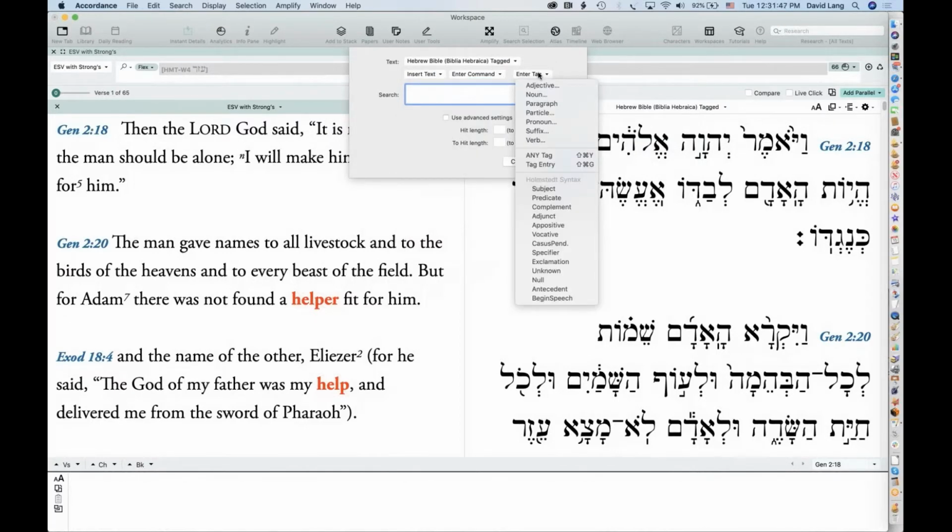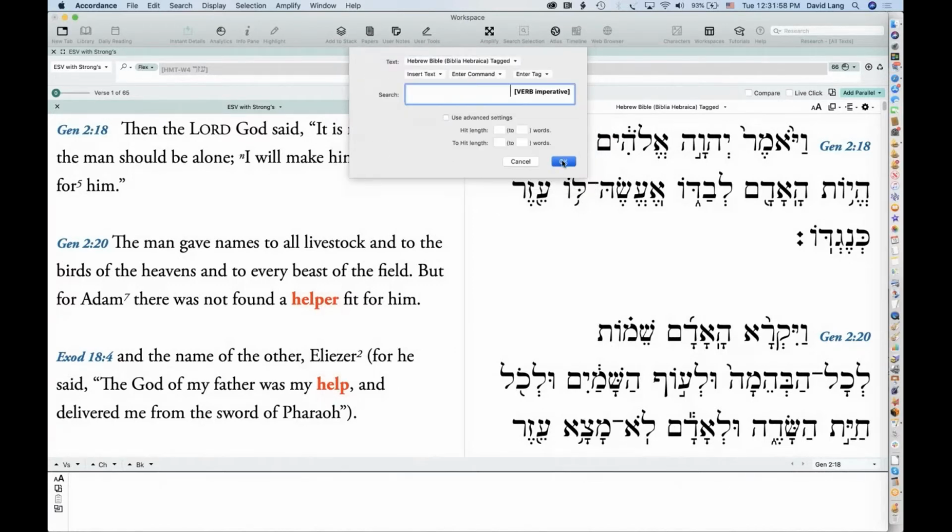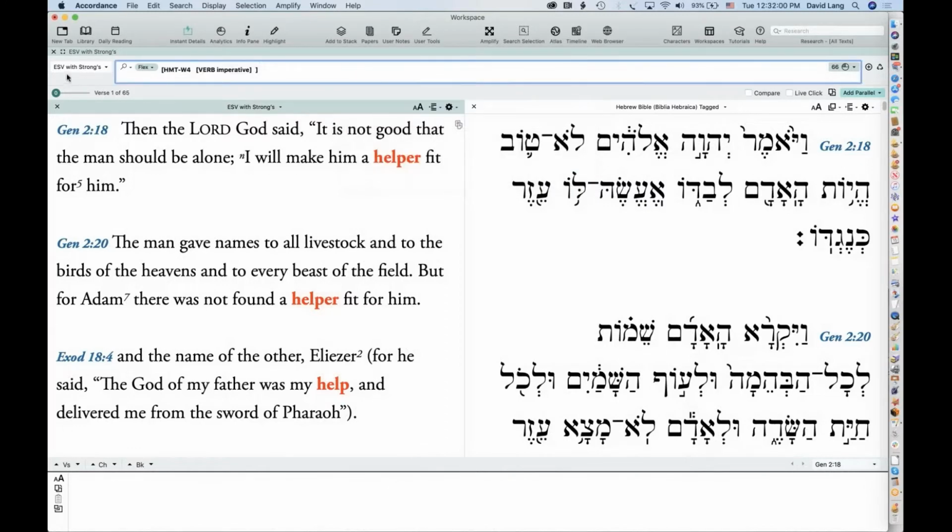So I'll say, let's do verb, and let's choose imperative. So now I'm going to search the ESV with Strong's for any English word that is translating a Hebrew imperative verb.